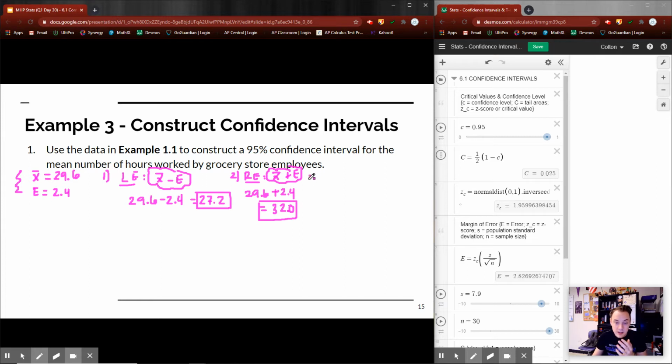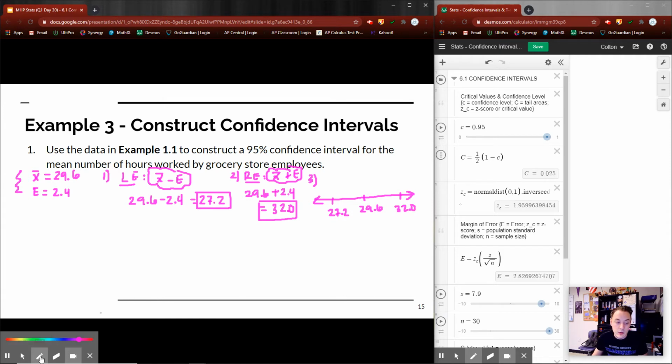My third and final step is to build this. What will this actually look like? If I put this on a number line, it would look as follows. This would be 27.2. In the middle would be my point estimate, 29.6, or my x bar. And then my right endpoint would be